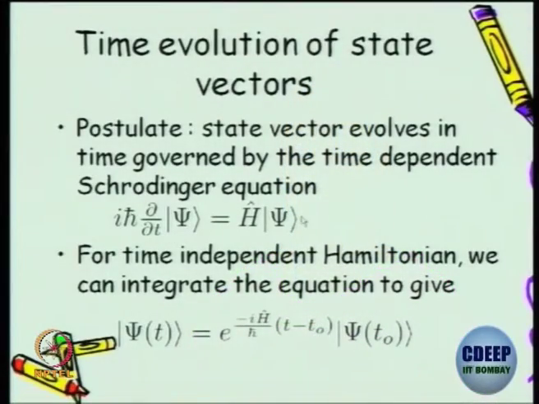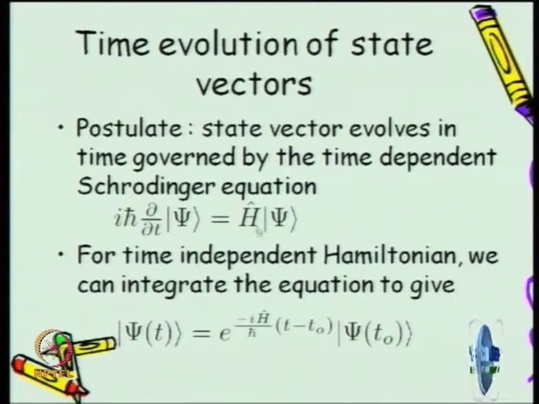What will be, if you go from t naught to t, this is the operator. If you go from t to t naught, it becomes the inverse of the operator, and you can show some of the properties, and those properties will tell you what is the nature of this time evolution operator. That this is the Schrodinger equation which gives you the evolution of the state vector,